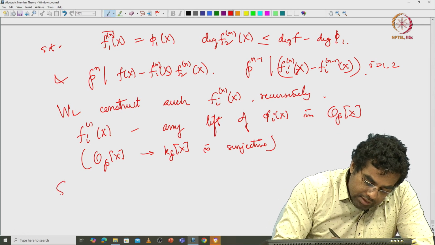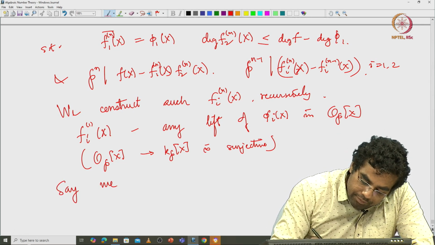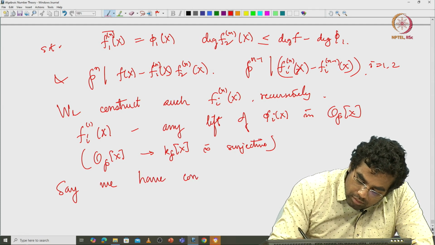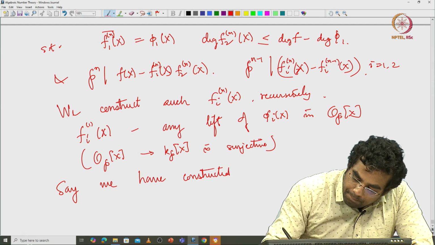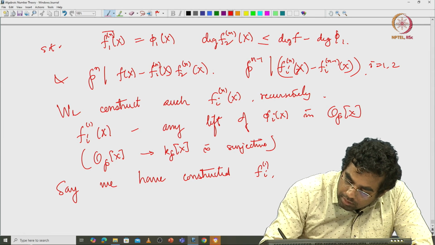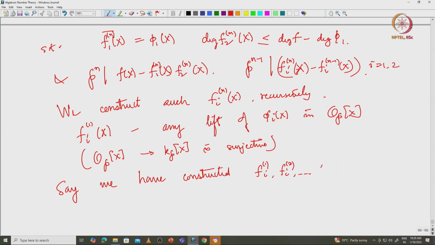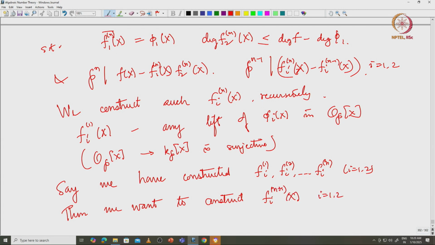Now let us say we have constructed f I 1, f I 2 and so on up to f I n, then we want to construct f I n plus 1 of x. So, having constructed everything up to n, we want to construct the n plus 1th object,